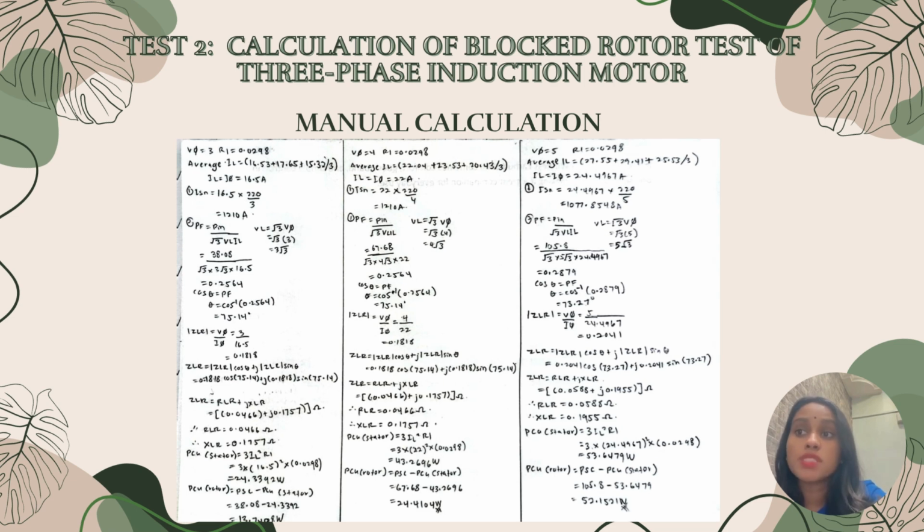So the apparent power is 1210 VA. The power factor is equal to 0.2564. When you convert to angle, it will change to 75.14. So the impedance is equal to 0.1757, which is XLR. RLR is 0.0466 ohm. So the stator copper loss is PCU, which is 24.3392 watt, and rotor copper loss is equal to